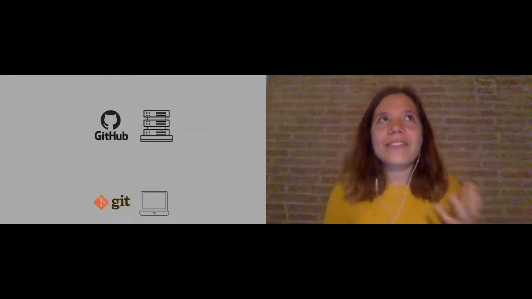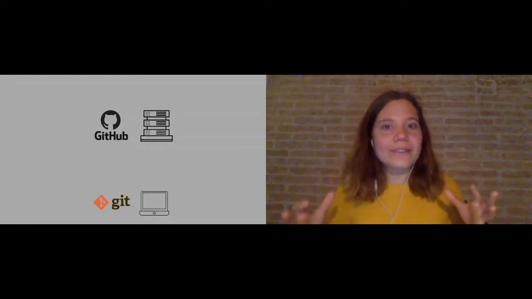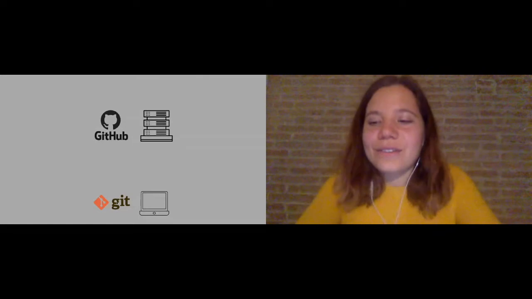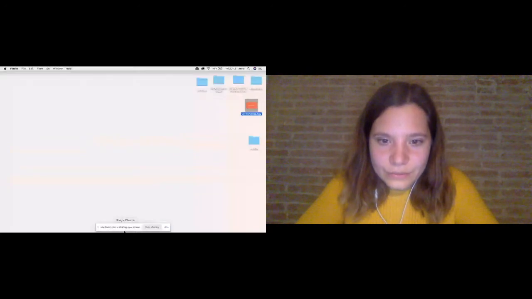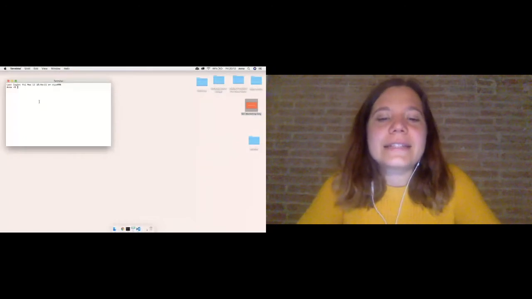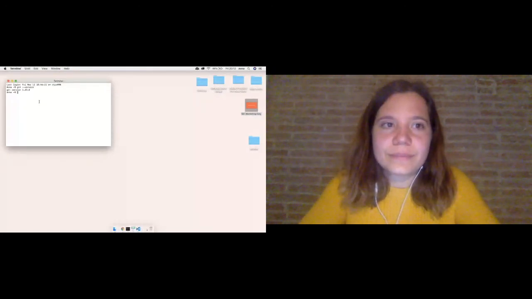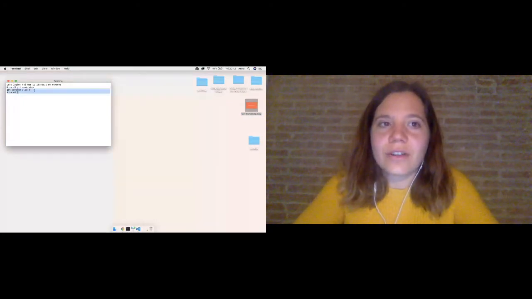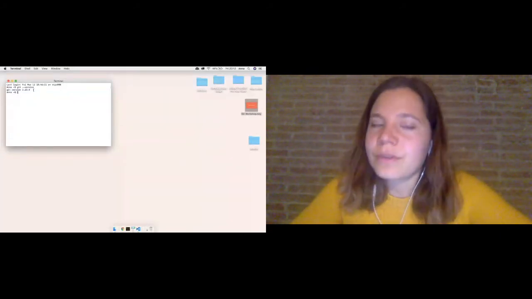And so you can kind of think of GitHub as like Google Drive. It's like a way to store things in the cloud. So in order to show this more explicitly, if I go onto my computer and I go to my terminal and I type in git --version and press enter, we can see the version of Git that I have installed on my computer, because like I said, Git is just a program that you install on your computer.